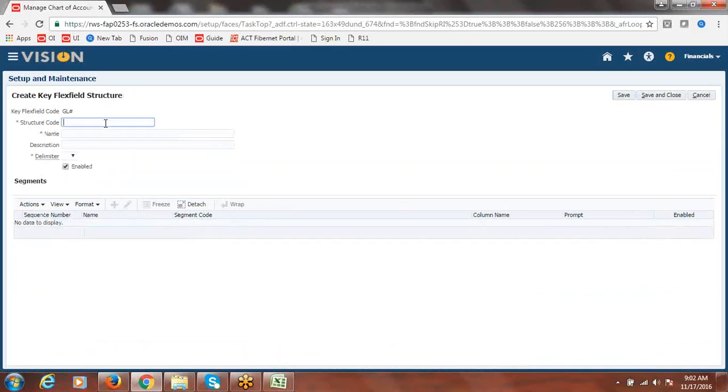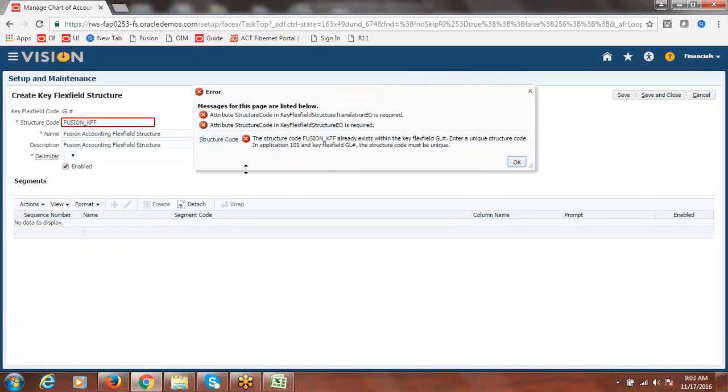So create. Key flex field, Fusion, accounting flex field structure. Then the same, I'm copying, select delimiter and just say save.